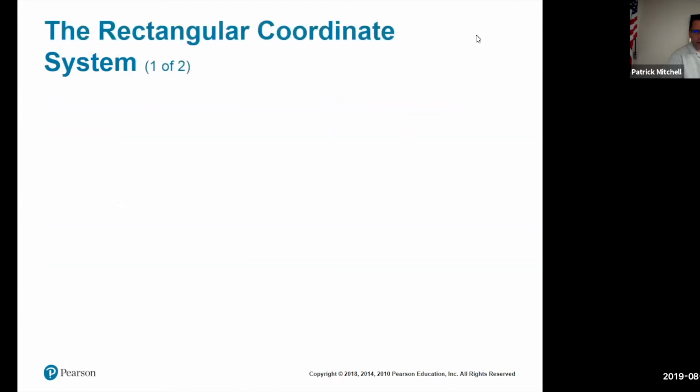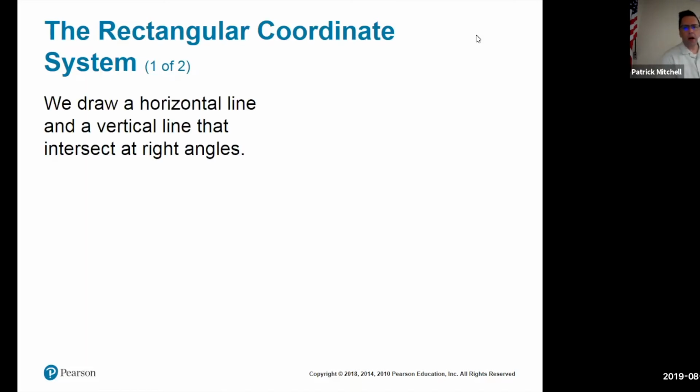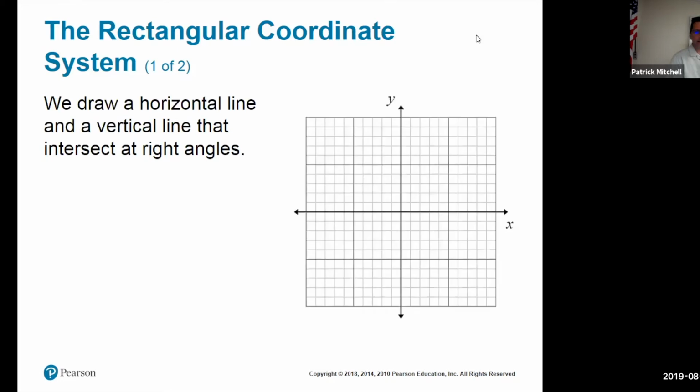Okay, so the rectangular coordinate system, as you remember, consists of a horizontal and a vertical line that looks like this, right? So you have, on the one hand,